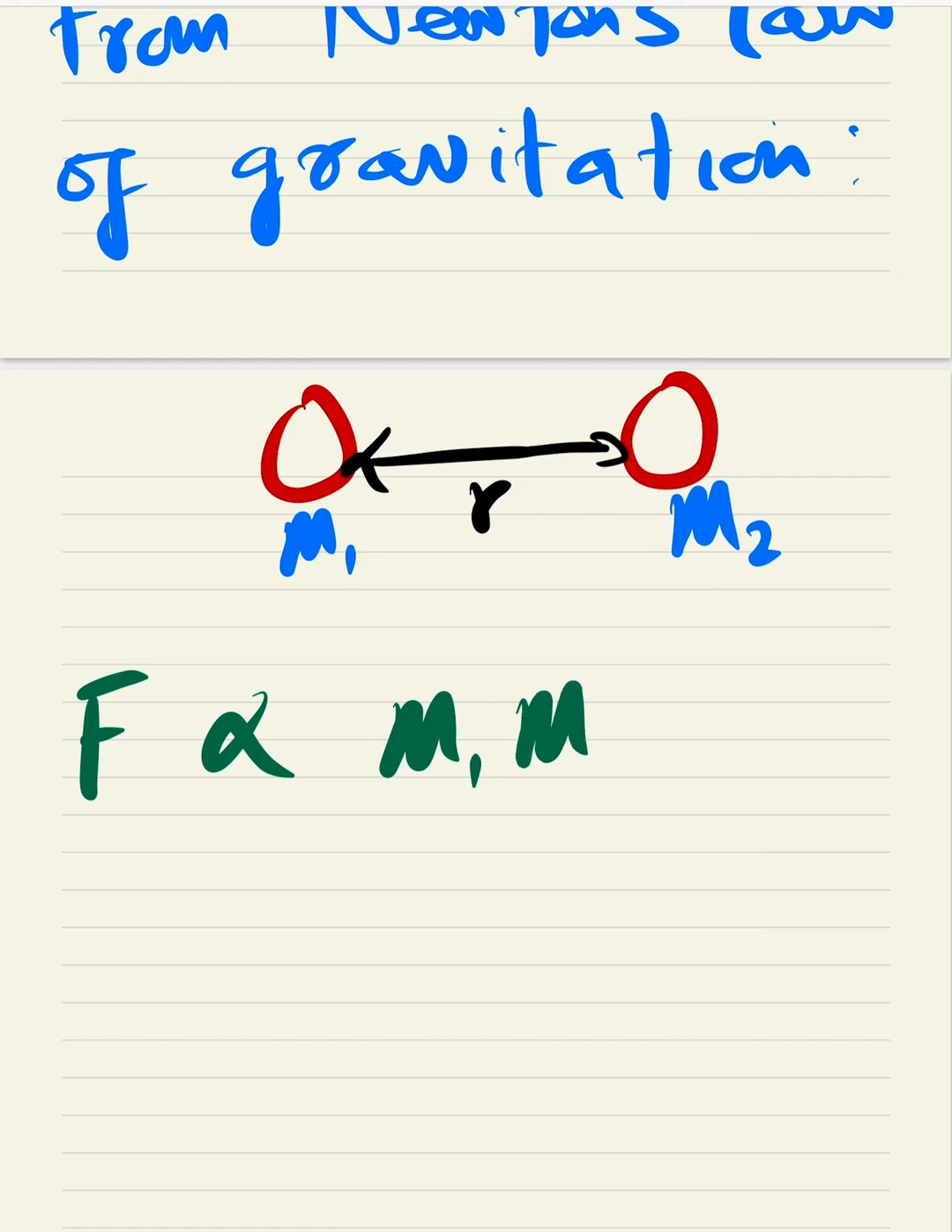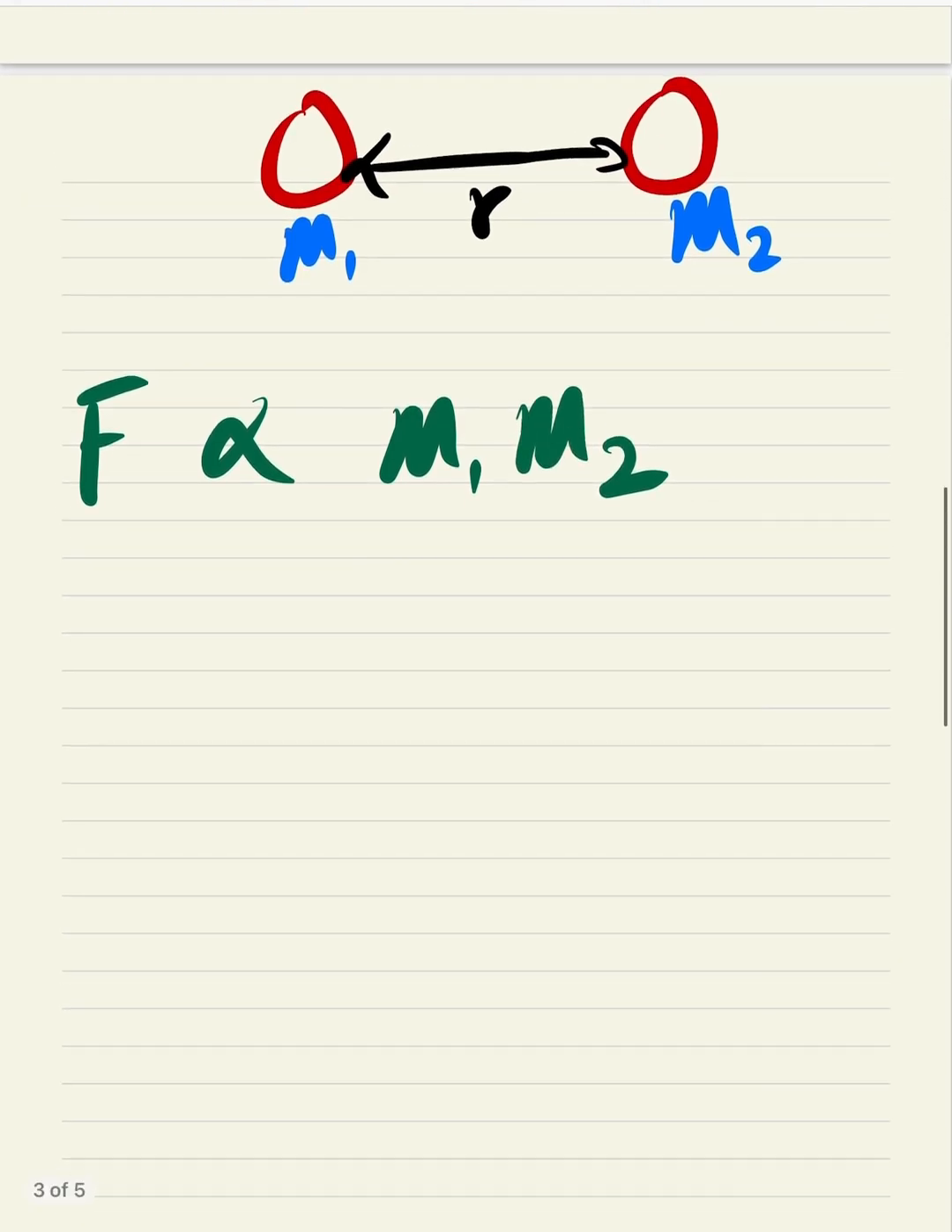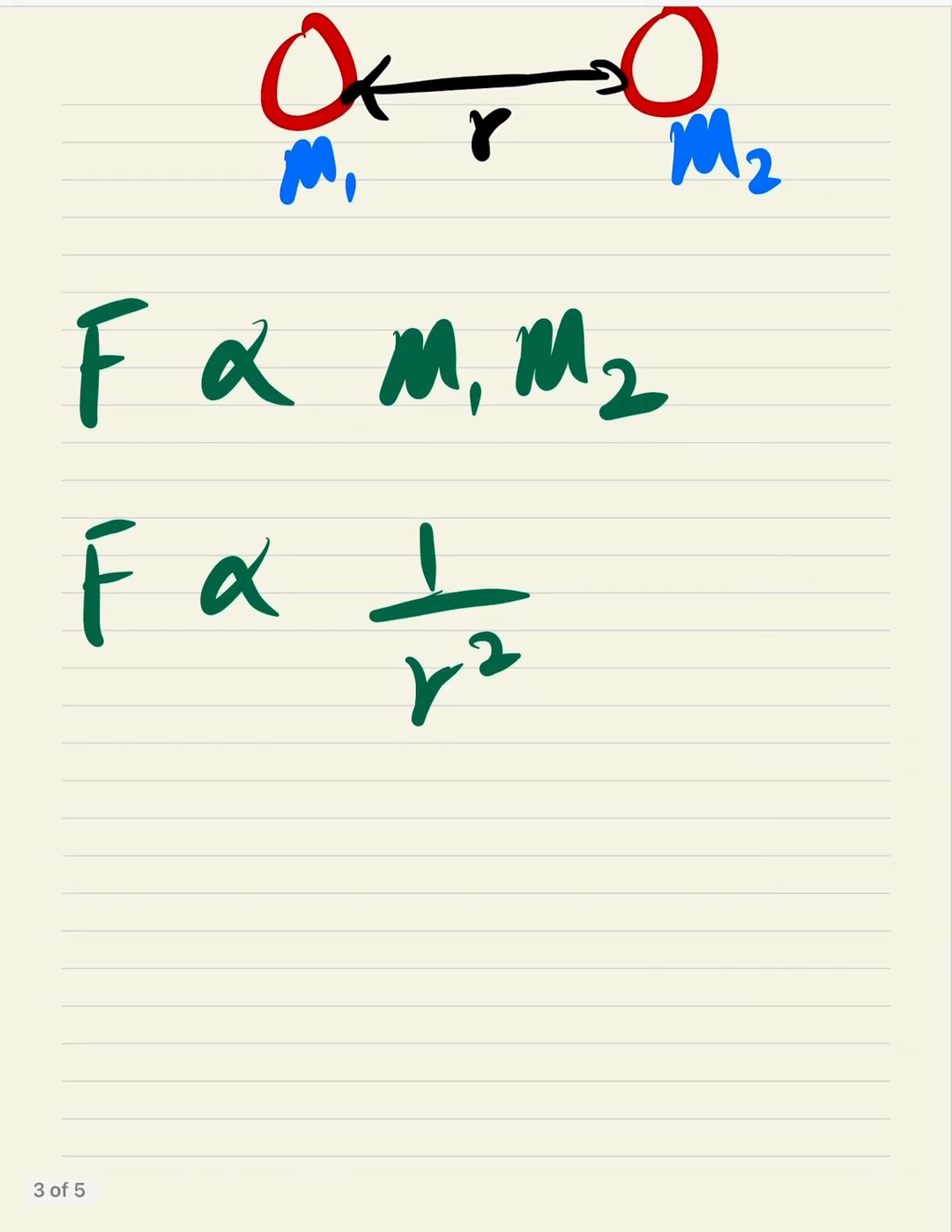And the second mass, m1 and m2, right? So you guys know the next thing, which is going to be the distance apart, the r. The r is not directly proportional to the force of attraction. The force of attraction or repulsion is inversely proportional to the square of the distance apart. So if you join these two together,